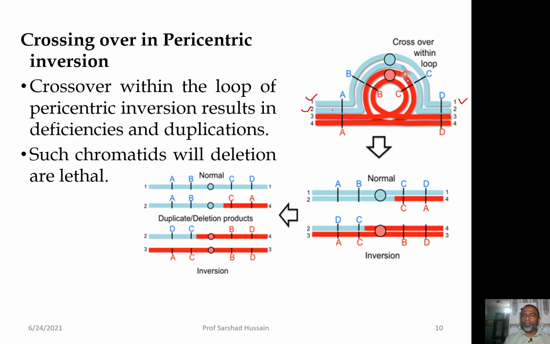So, look at the 2. This will have the blue A, then the blue B, then it has crossed over to the red C and then come to the red A. So, A has joined with the 4th chromatid, the second chromatid has joined with the 4th chromatid, that is why it is written over there 2nd and 4th, and you will have the blue A, blue B, red C and